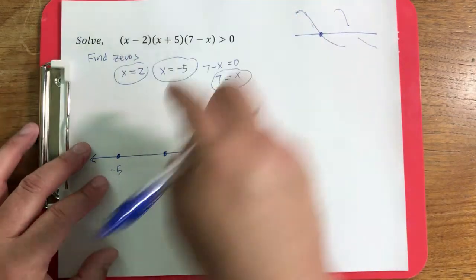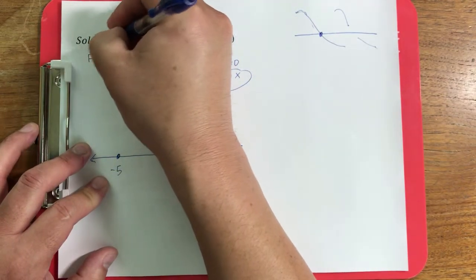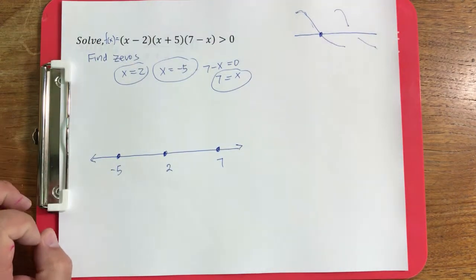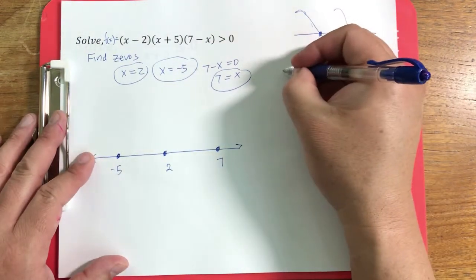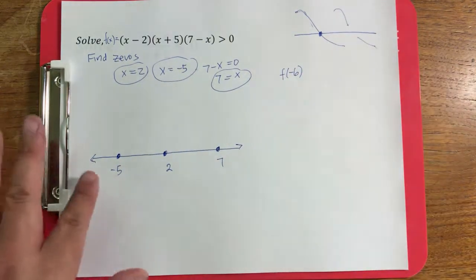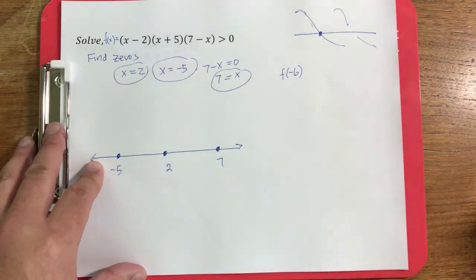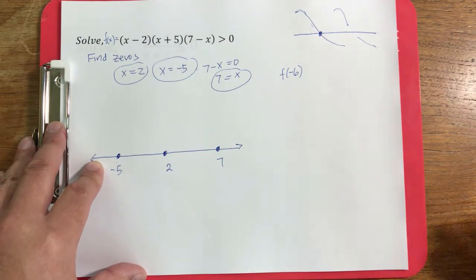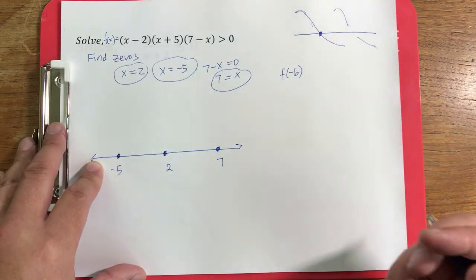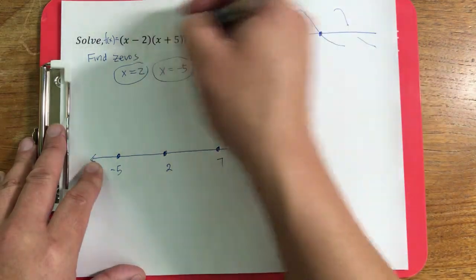So let me name this function here, f of x, just to make the notation easier. And we'll put in a test point. I'm going to put in a test point that is to the left of -5. I could have put in anything that's smaller than -5. I could have put -7, -10, -100, and -1,000,000. Any of them work. So when I plug in f of -6 into this expression,